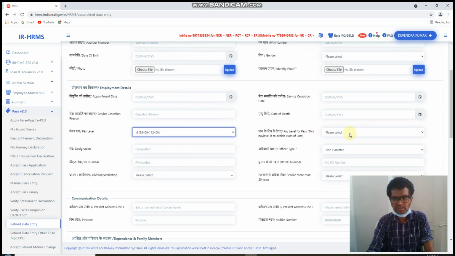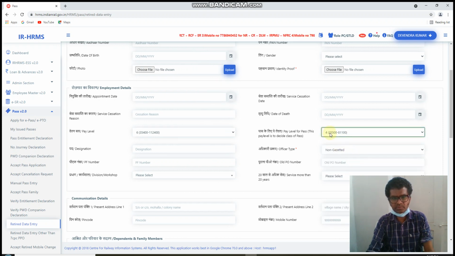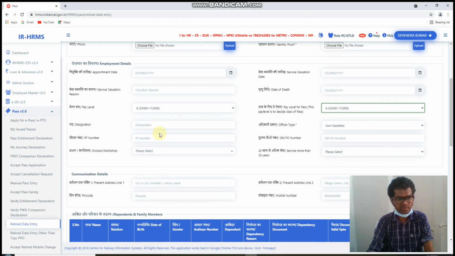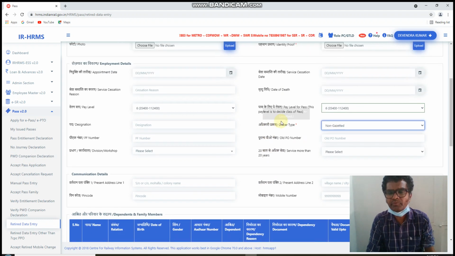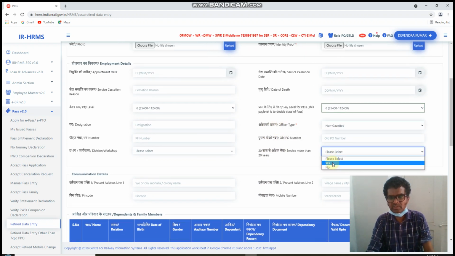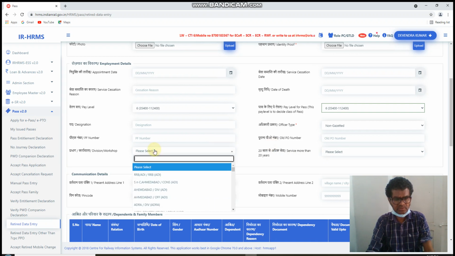Basic pay, levels, here also pay levels, same pay according to PPO. You have to cross check with the PPO and designation, whatever non-gazetted, you have to type only non-gazetted you are feeding. So 20 years, yes or no. If it is 20 years of service, you have to press yes. Below 20 years, no. Then division, it is integral division,